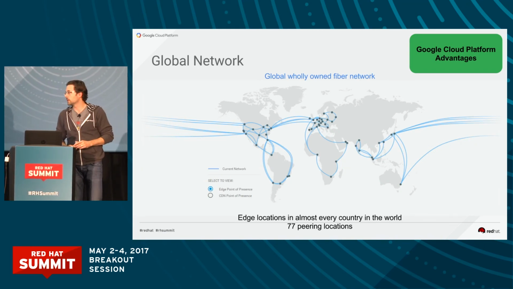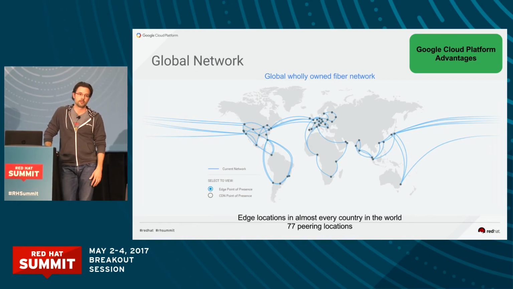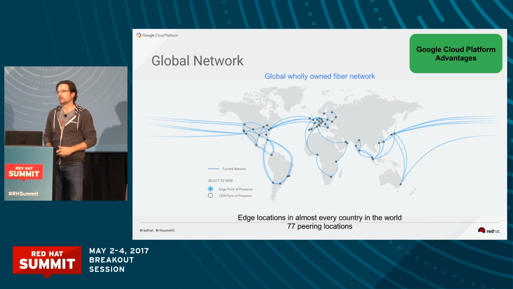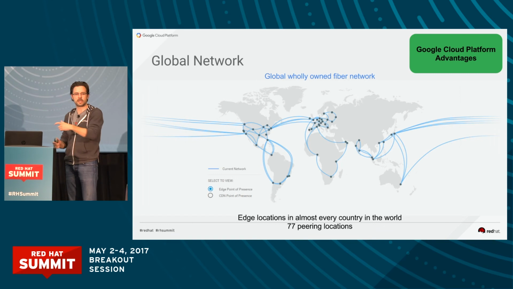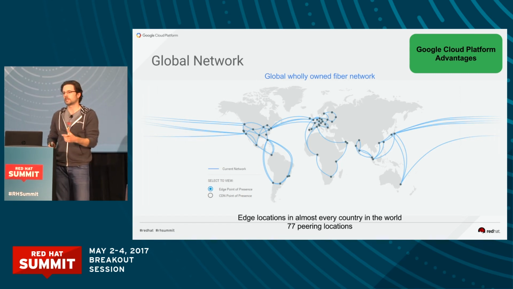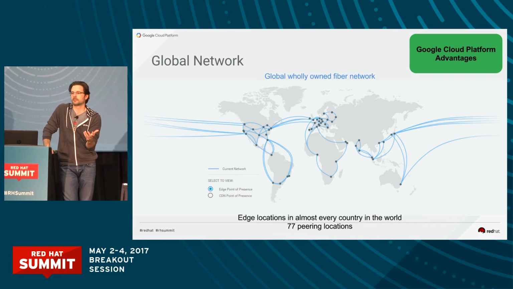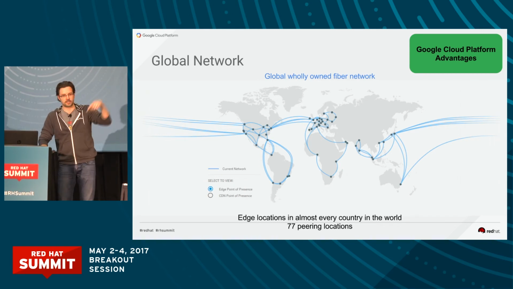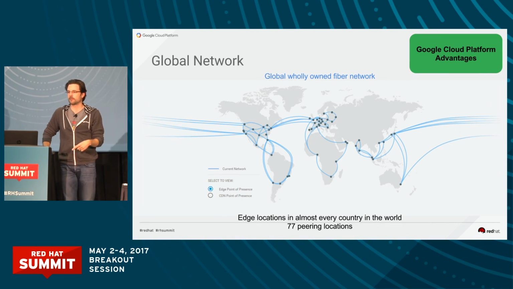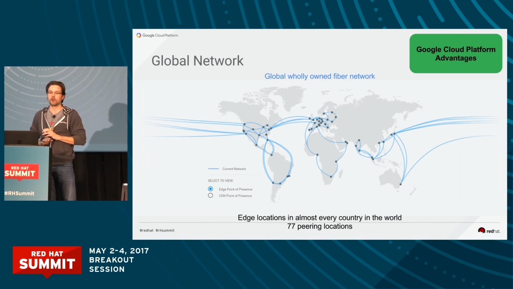We have a little thing called a global network. We spend a little bit of money on a network because we have this little thing called YouTube and search. So we've now externalized that for everyone. People always say the most important thing is to have a data center everywhere you could possibly have it, right? Doesn't matter how big it is, just as long as I stamped it out in every possible place in the world. Except the most important thing to the user is the number of hops on the internet. It's not how close you are. If I jump on the internet and I have to go from South America to the US and back because we don't know how to do routing, that's still going to slow you down. So we have network edge presences everywhere, and we own all of this network.